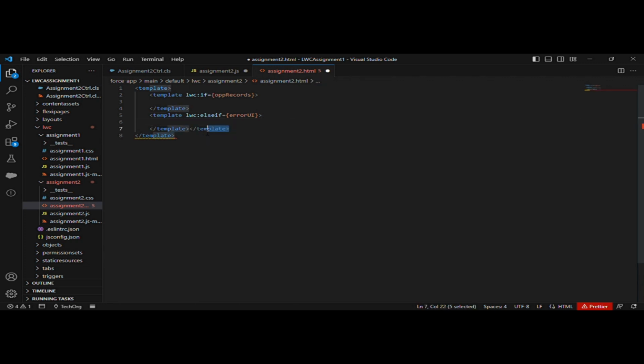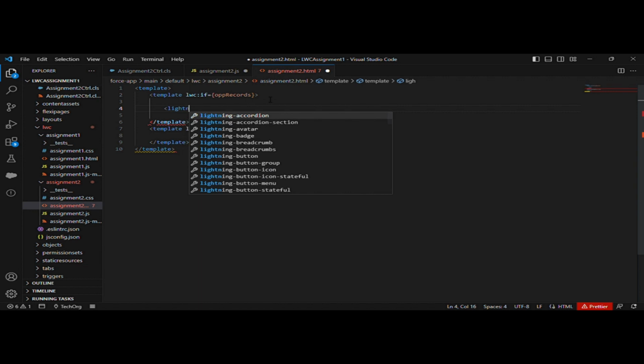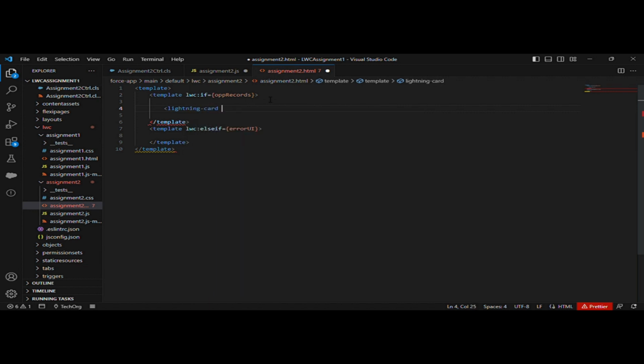So now let's create a lightning card, with title. So title will be opportunities rating, and now I'm going to add one div,